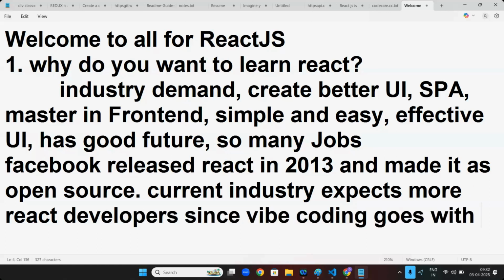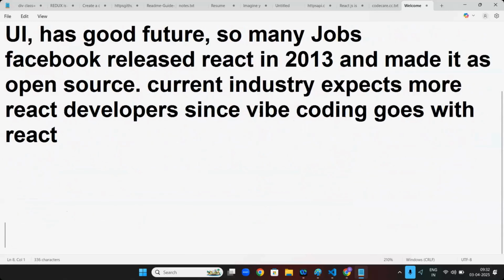Vibe coding, meaning AI coding, goes with React. So mostly people are going with React, 100%. It's the most demanding course now. React is important to get the job. It's like the single path.